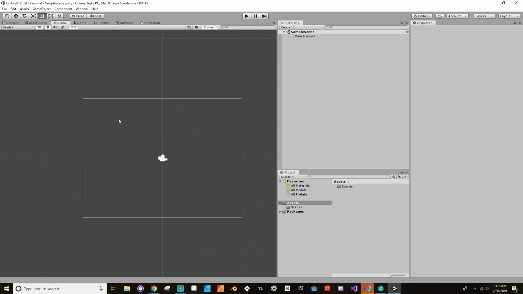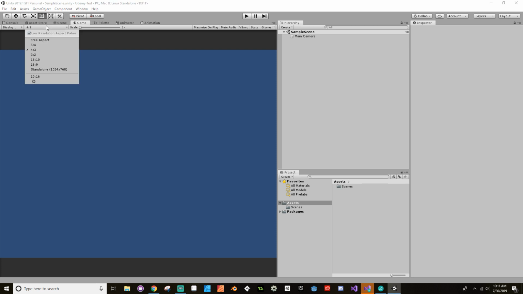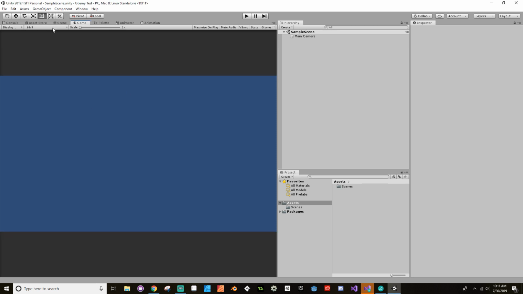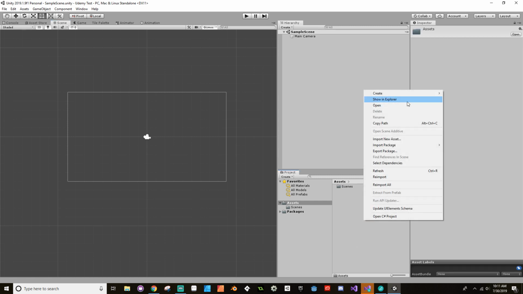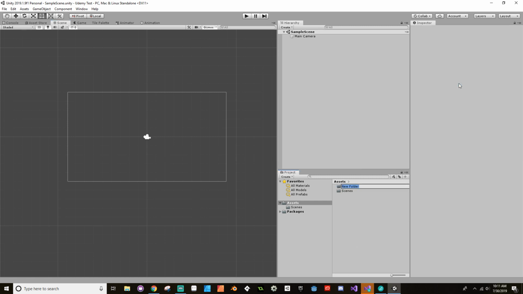All right, so here we go. First thing I'm going to do is rework this. So I'm going to have my game be, instead of 4x3, I'm going to put it in 16x9. And I'm going to rework my folder structure. So let's create a folder for